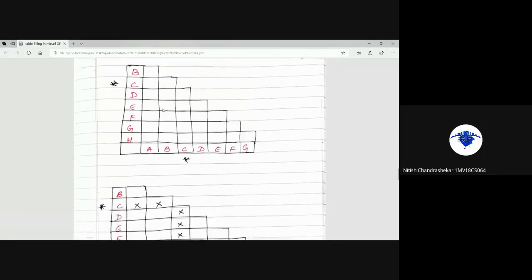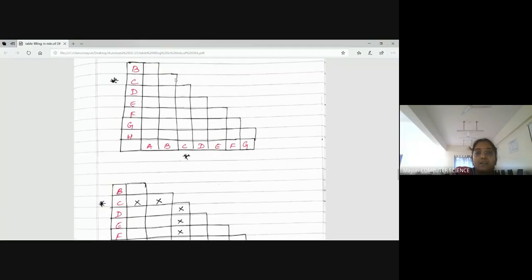BC, all C combinations. I think this row and then this C column will get the crosses. Agree? Because AC, BC: A is a non-final state, C is a final state, so I can distinguish it. So which is the pair you can distinguish? Make a cross mark over there. Distinguishable in the sense one non-final, one final. Make a cross. Two non-final or two final, which is indistinguishable, don't do anything. We have to reduce them, we have to minimize them. The empty cells every time we have to take and then minimize them. That is the concept.